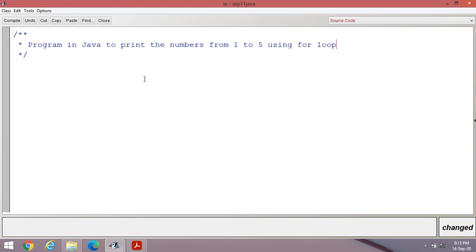This one is the title: Program in Java to print the numbers from 1 to 5 or 1 to any number using for loop.